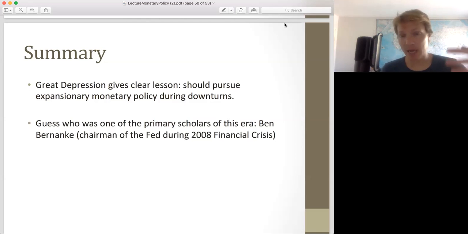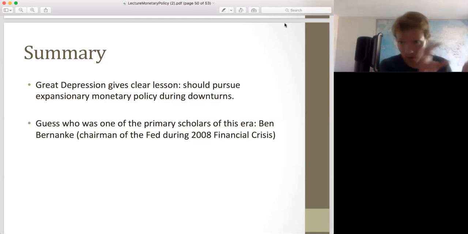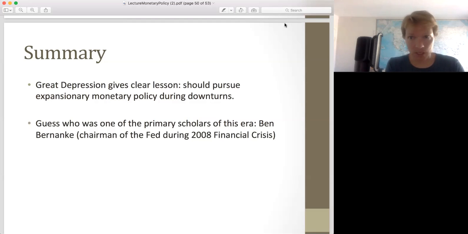And the principle is that when the economy is in a downturn, you should expand the money supply. In fact, the person in charge of the Fed during the financial crisis, the closest thing we've had to a Great Depression, was Ben Bernanke, and he was an expert on the Great Depression. Imagine there's an asteroid coming towards the Earth, and there's a guy who spent his life studying how to destroy the asteroid, and then the asteroid's coming, and the government's like, "Hey, you're up, man. You studied it. Here you go."